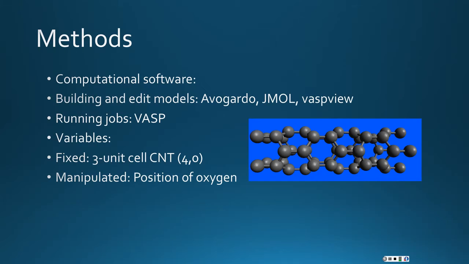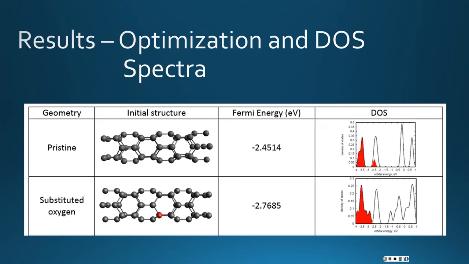To build and edit the models, I use Avogadro, JMOL, and VASView. When I run the jobs, I use the VASP software. I use a 3-unit cell of carbon nanotube folded at (4,0), and I manipulate the position of oxygen on the carbon nanotube. After optimization, I found out that